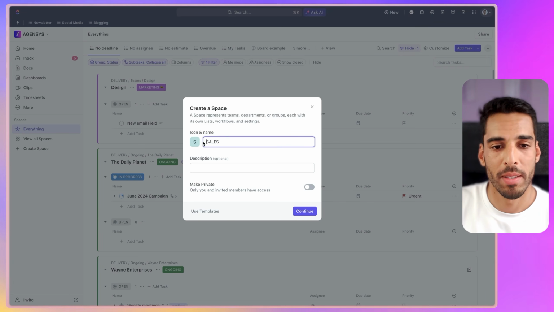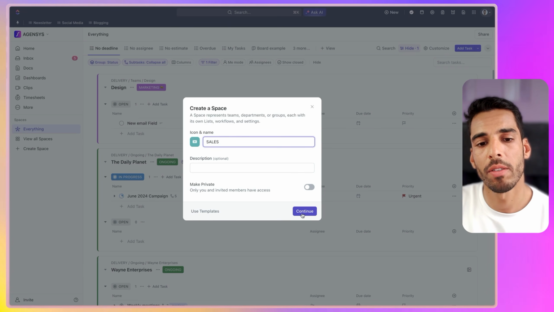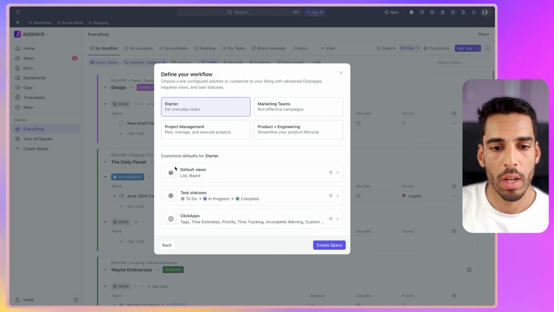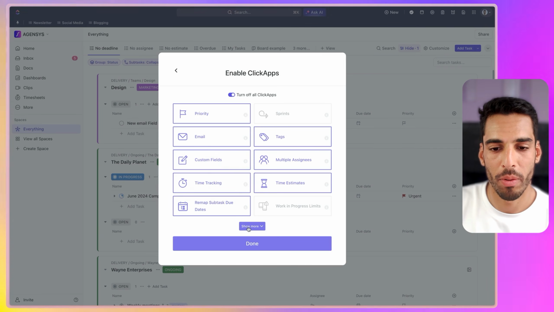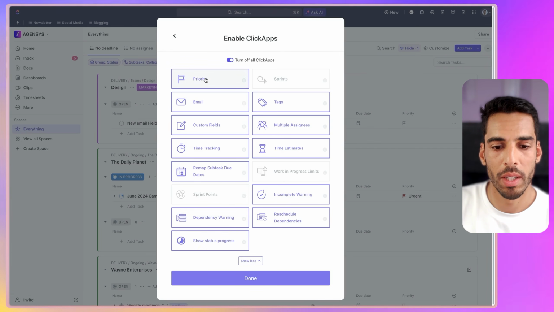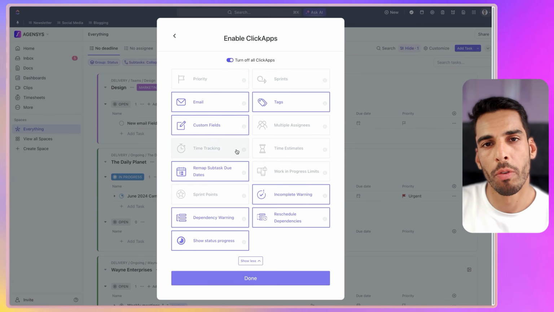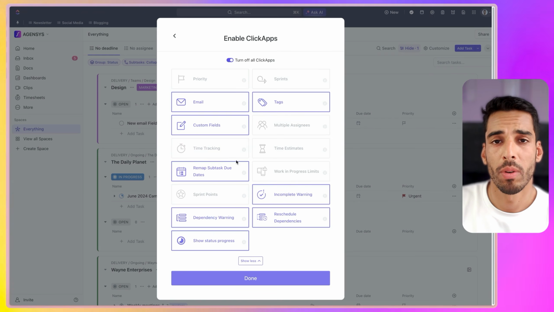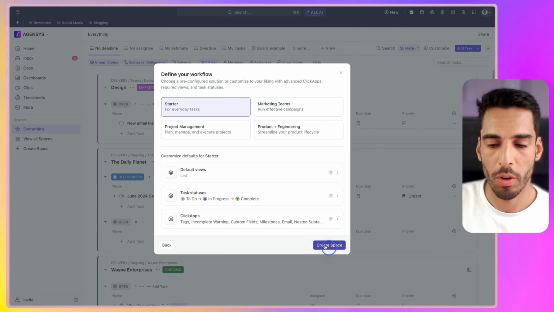in our company workspace. Every time I create a space in ClickUp, I keep it as simple as possible and I customize it later. So I'm gonna click continue. I'm gonna choose starter. Then we can use the default tasks and we can go into ClickUp and turn off a few that we don't really need. I usually don't need the priority. The multiple assignees, I don't really like it. You will probably not need time tracking or time estimates either for a CRM. You can keep it on if you want to track time spent on each deal, but this is really not mandatory. This kind of setup will probably be enough to start with your CRM. So let's click done here, and we're gonna create our space.